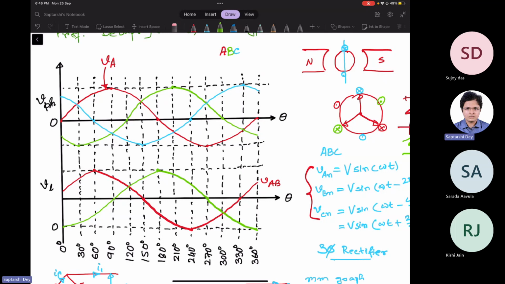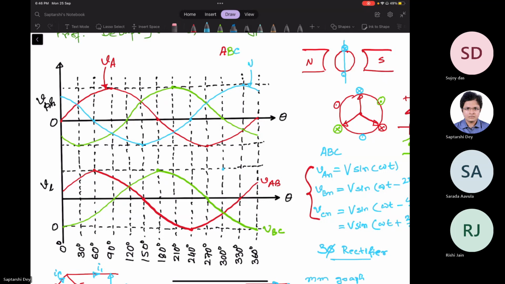That way we could draw VAB. Now we know that VBC will lag VAB by 120. So we could draw VBC, and VCA will lag it even further,